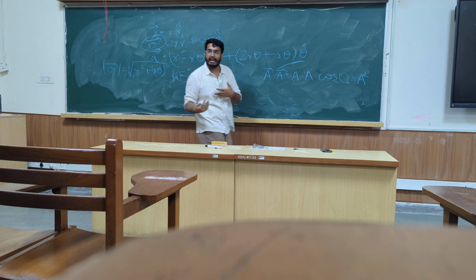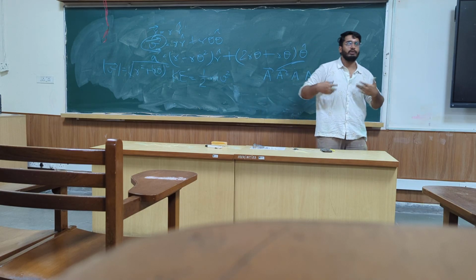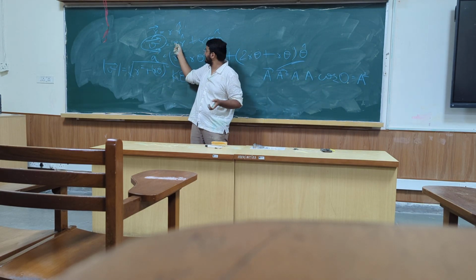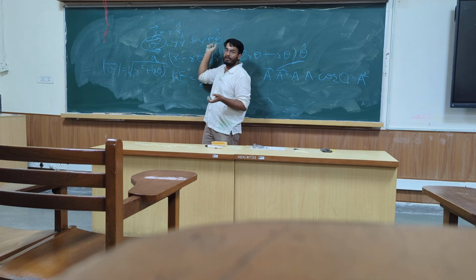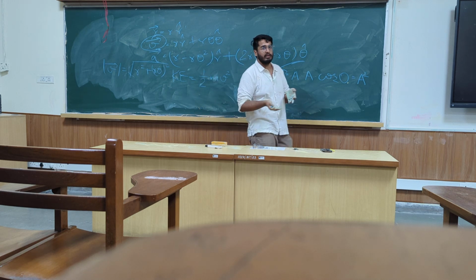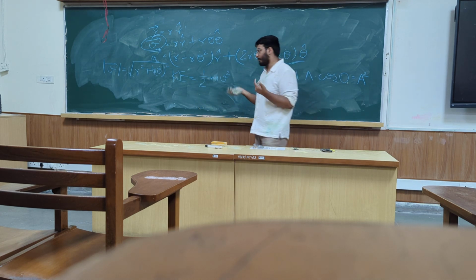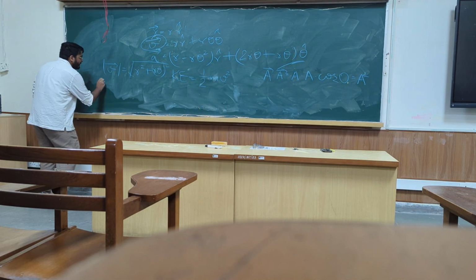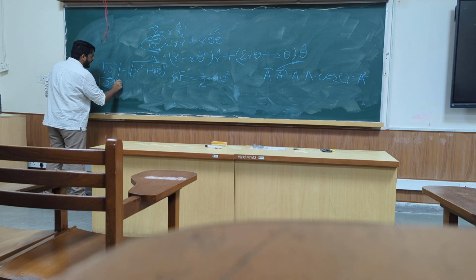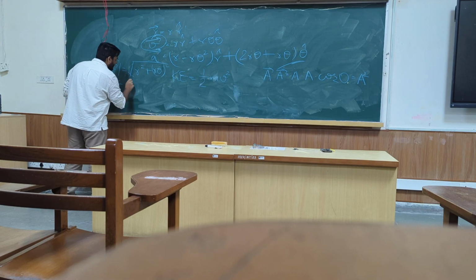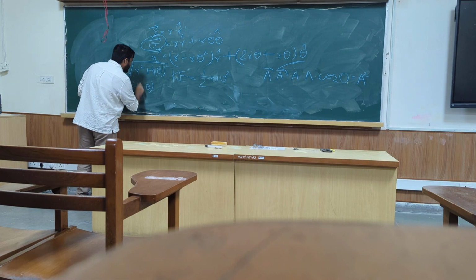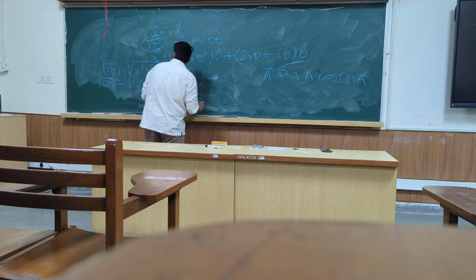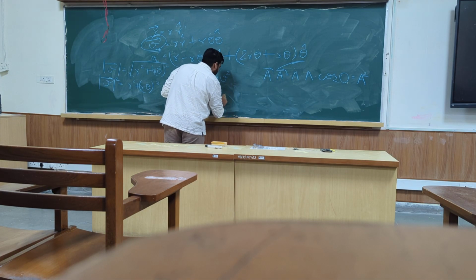If I was to give you 3x cap plus 4y cap and ask you the magnitude, you would say square root of 3 squared plus 4 squared. Well, this is my 3, this is my 4, and the x cap and y cap have been replaced by another pair of mutually perpendicular unit vectors. But I need a v squared there, so I square the magnitude, and I get r dot squared plus r θ dot squared. So simply, I can write the kinetic energy to be,